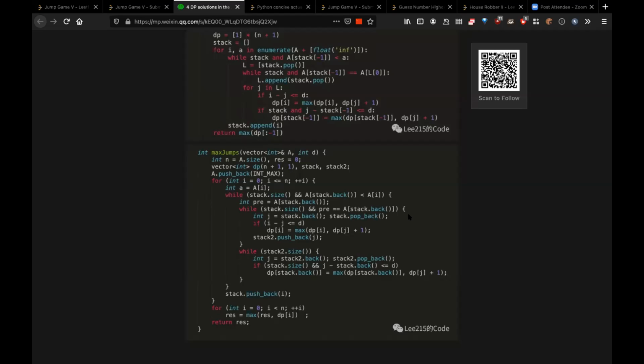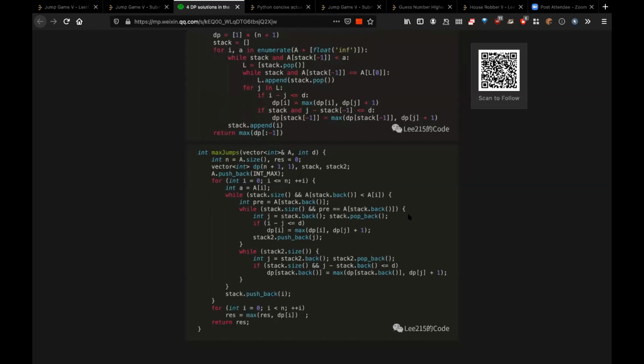Okay, and then you will come to j, and then you look for I and j distance, and then you will actually update your DP array. Okay, and then when you are done with that, you push this value into your second stack. So you are actually pushing everything into your stack 2, which will actually be your j jumps now, right?